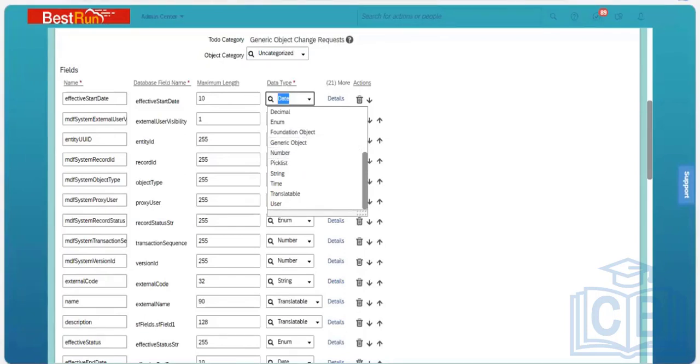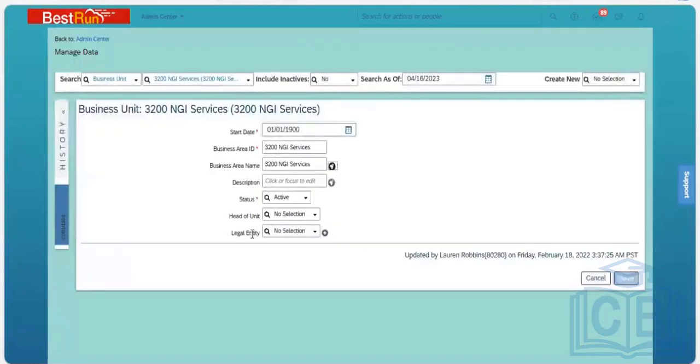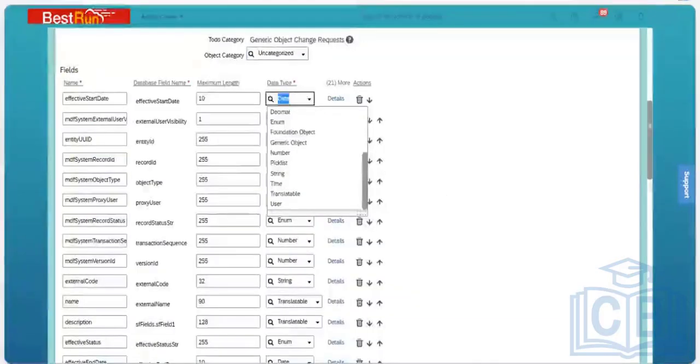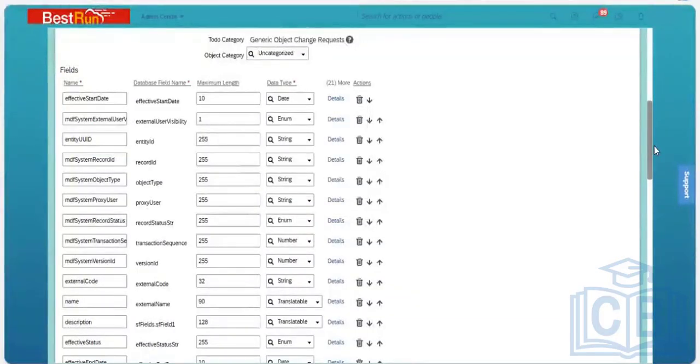So you go and see here, in this case this is a legal entity which we have created, a custom field, and we have selected that field as a generic object. That is the reason those generic object values will be populating here. So when I go here, if I scroll down,